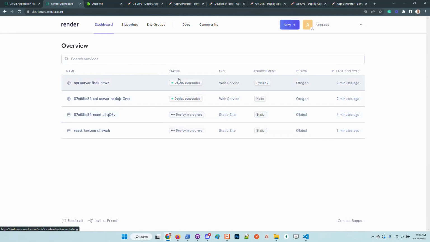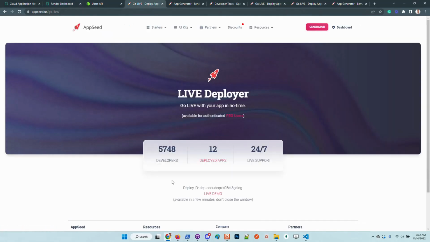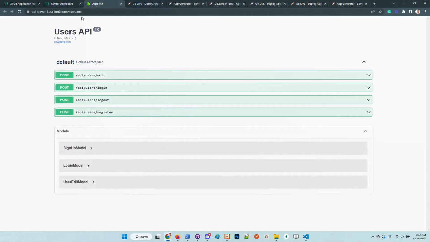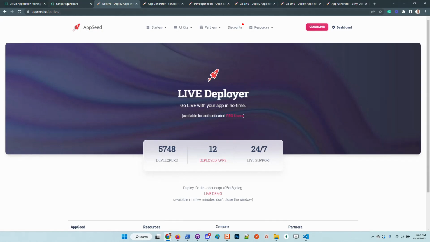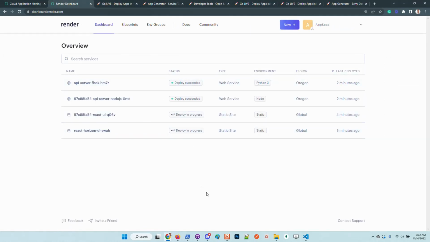In all cases, the status here should be green, because the feature is tested, and all the kits provided and generated by AppSeed or maintained by AppSeed are compatible with this deployment widget. So we should have only green lights in this column, and all the products should be usable